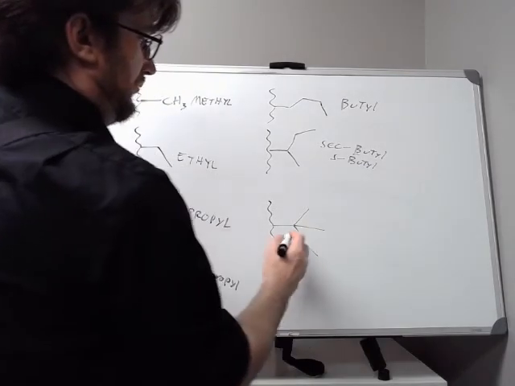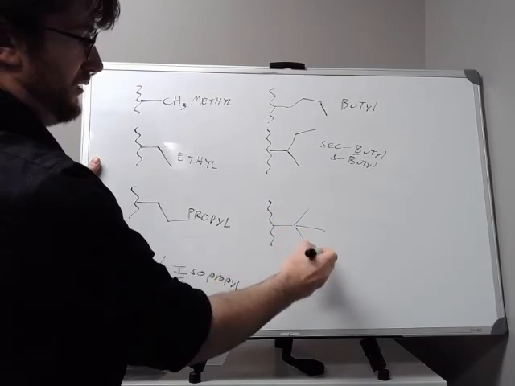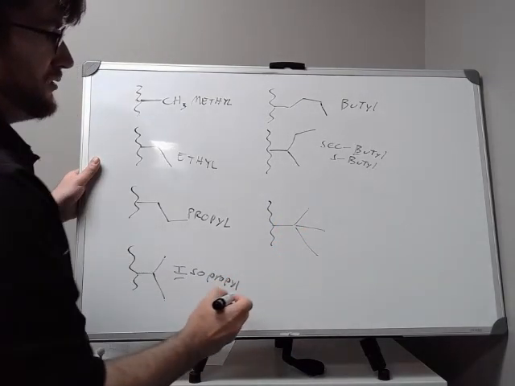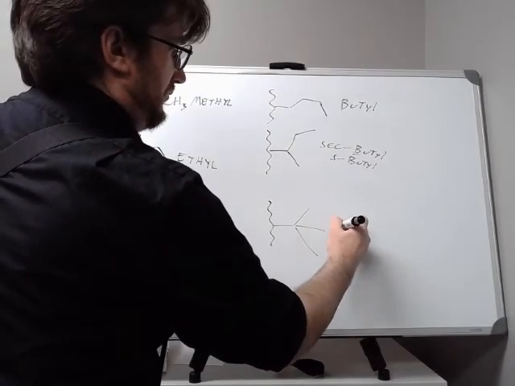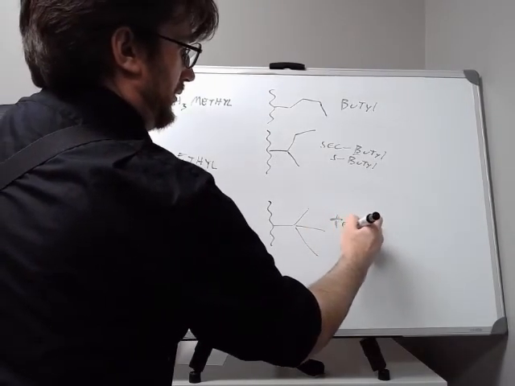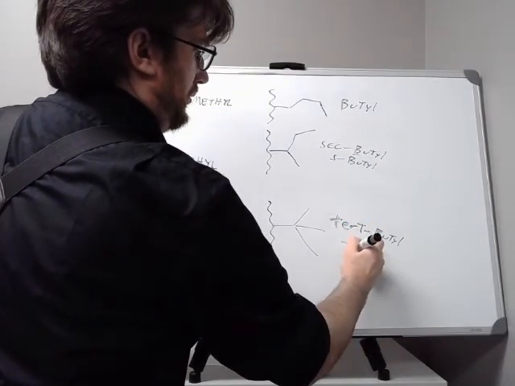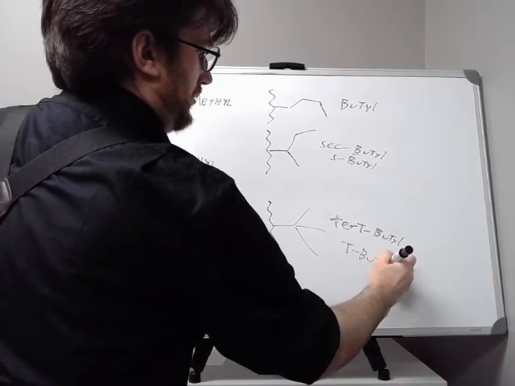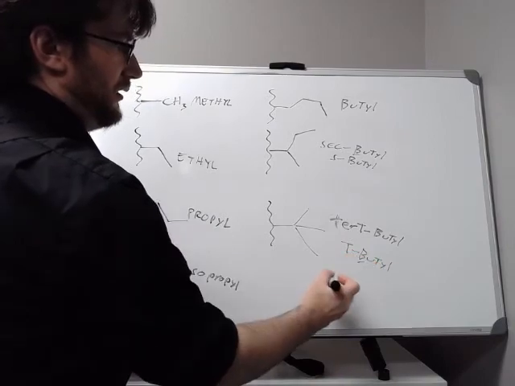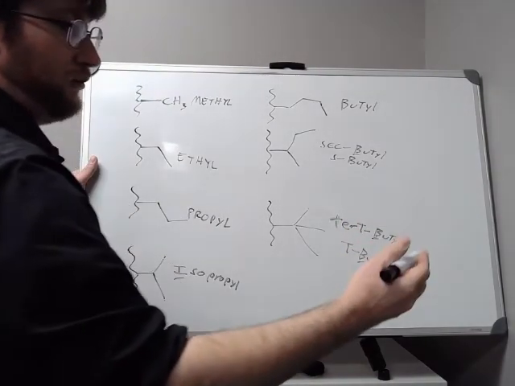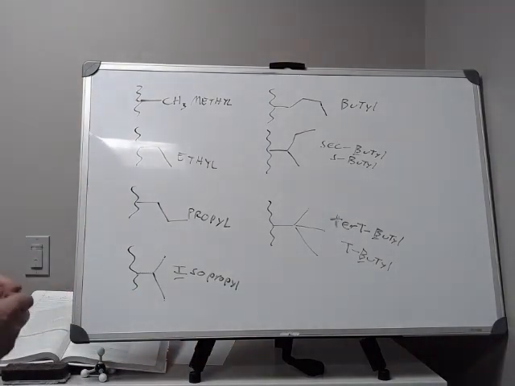And then finally, again, this is a butyl group. We have 1, 2, 3, 4 carbons here. But this specific type of butyl group is a tert-butyl or T-butyl, and because of this hyphen, for alphabetical ordering purposes, it starts with a B. And so this is just a small